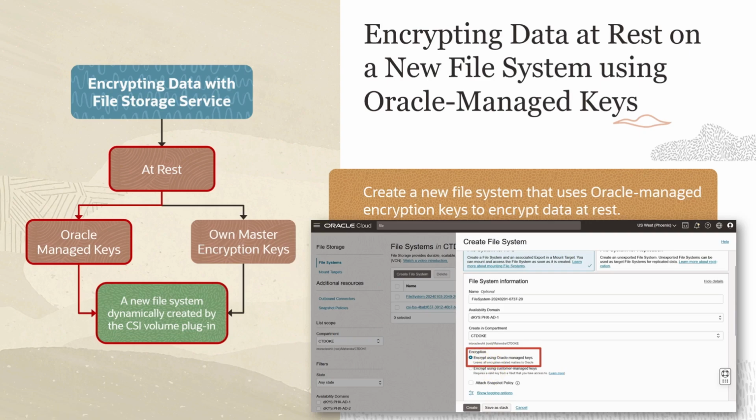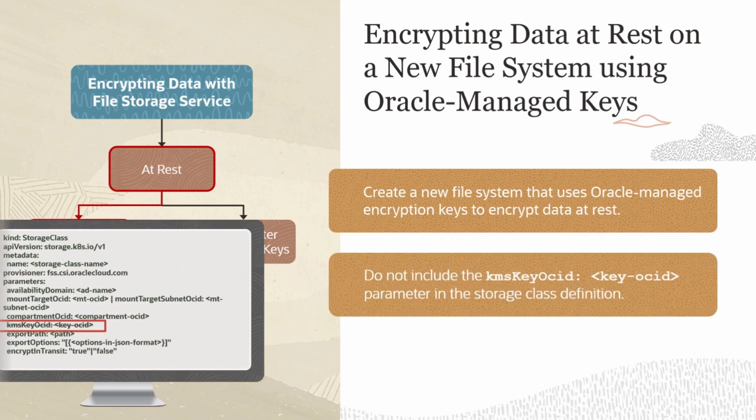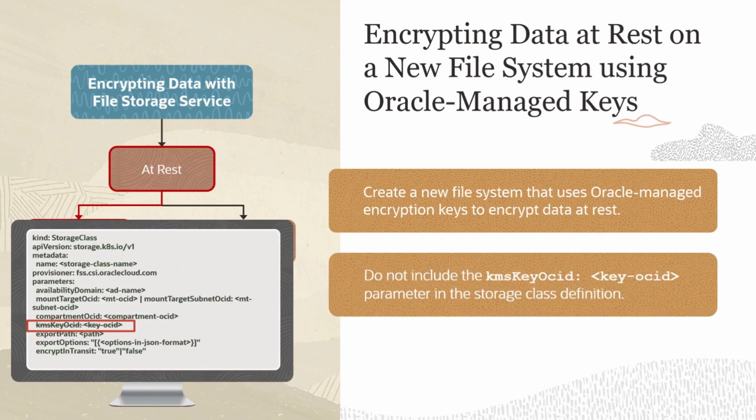Once you create a file system with the encrypt using Oracle managed keys enabled, the next thing is to set up the storage class definition file. As you set up the storage class definition, you must ensure not to include the KMS key OCID parameter. By doing so, you seamlessly leverage the default encryption capabilities provided by Oracle, enhancing the protection of your data at